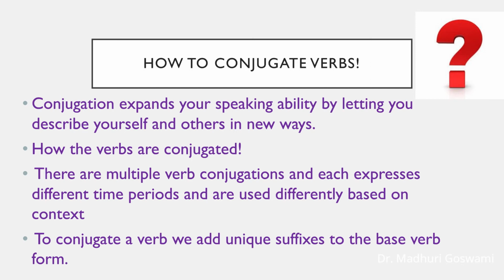For example, to study is the base form of the verb and we add ed at the end of this verb and it becomes studied. So, verb conjugation simply means changing the infinitive form of the verb to match with the number, person of the grammatical subject, like first person, singular, first person, plural, second person, third person, etc. And the verb is also conjugated according to tenses in English. So, dear students, I hope you have understood well what is verb conjugation and why it's important in English grammar.